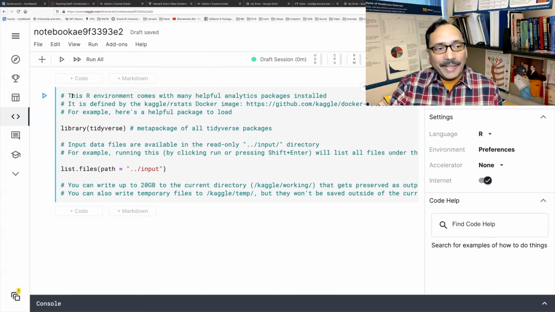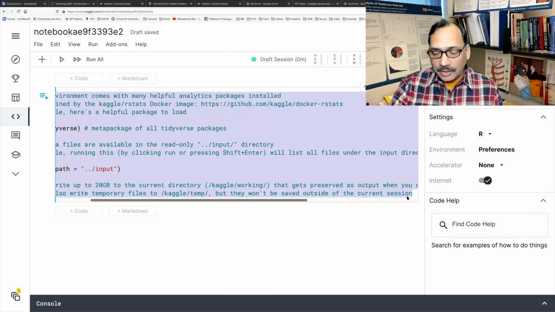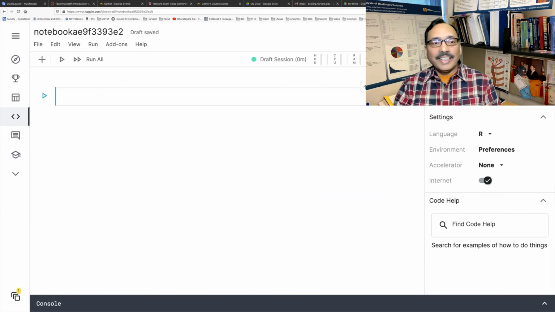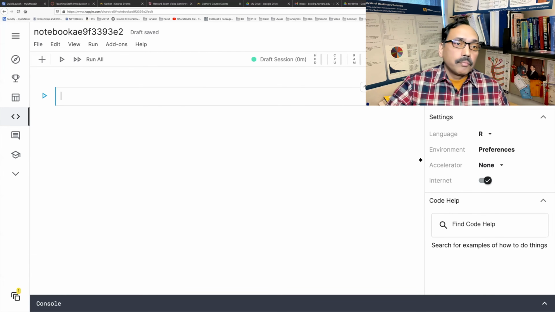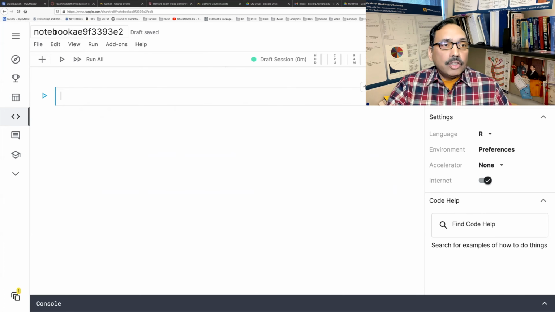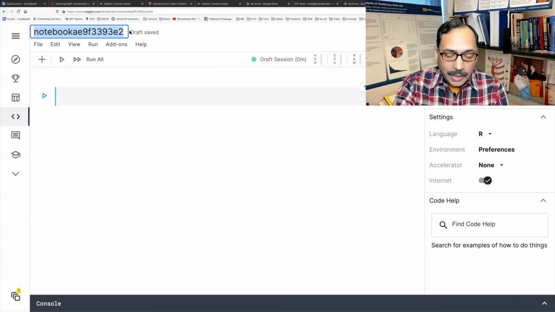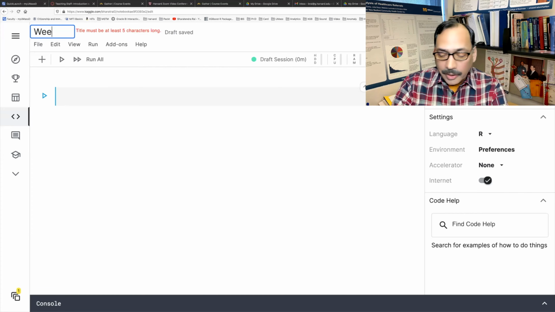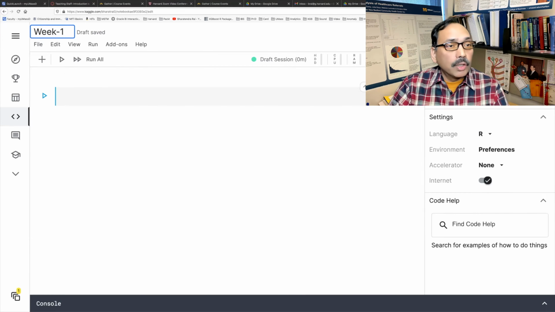So that's why I'll give a few extra seconds before I jump to anything new, so this should be very smooth. Once you come in, simply remove all this and have a very clean slate. At the top, Kaggle automatically names your notebook with some numbers, but I'm going to go up and say week-1.